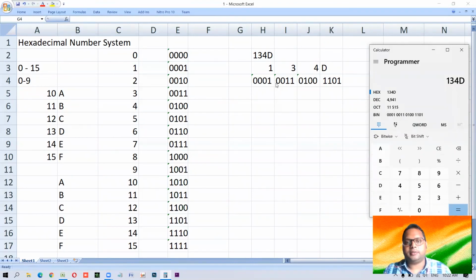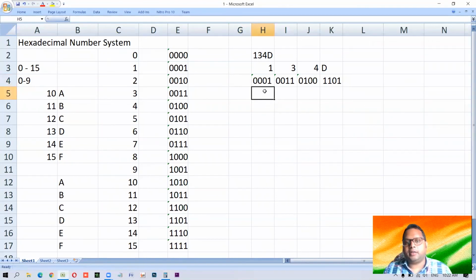So this is how we can convert it. In decimal, this is this. In octal, this is this. So this is how it is working. And yes, dear students, we can do a lot of things with it. See, if you write them all together, 0 0 1. Actually, if you make groups of 3 of these, then you can get the octal representation also.